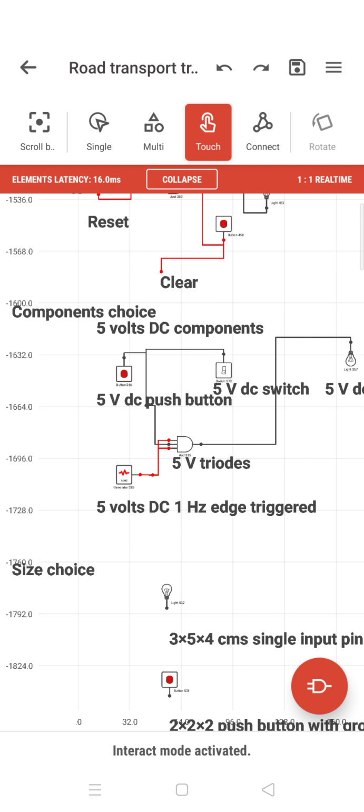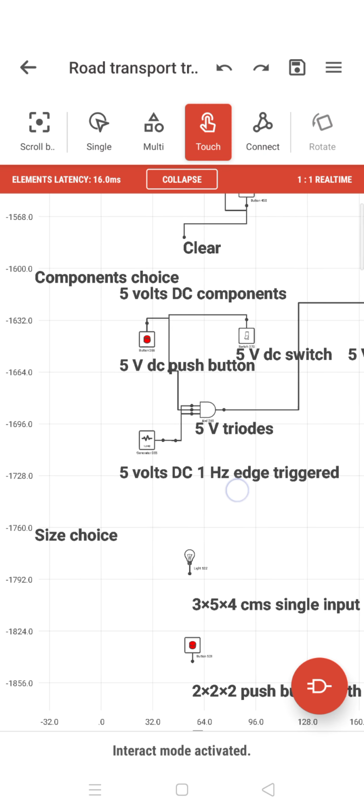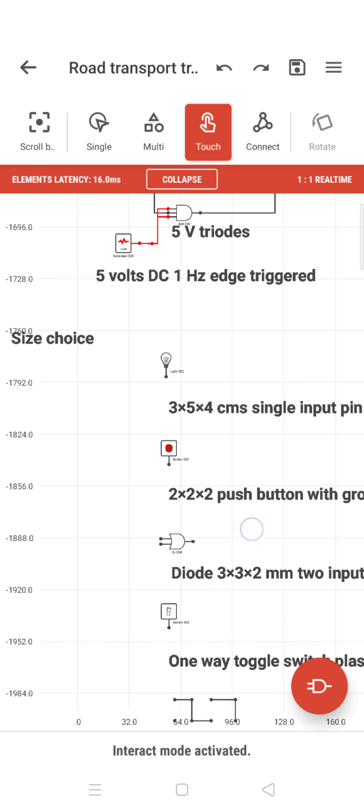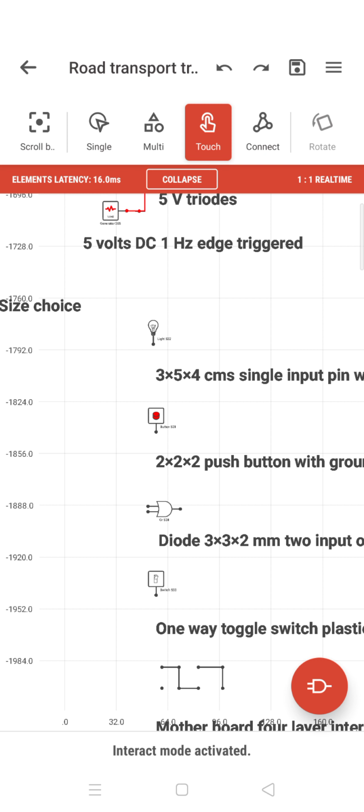So that is the kind of thing. You have to manage all the things. You have to find the proper ordering of the things, and what kind of electrical control is there. That is called the component size. Then the component size also matters. What kind of size do you want to use?